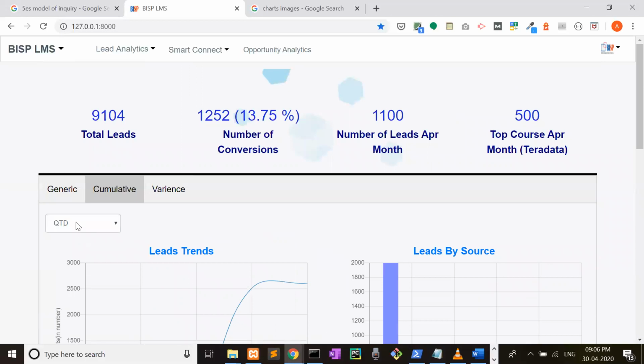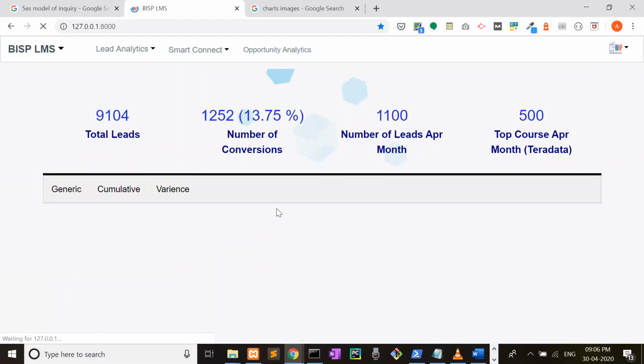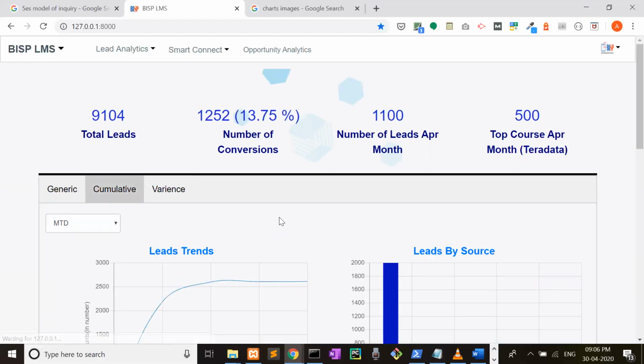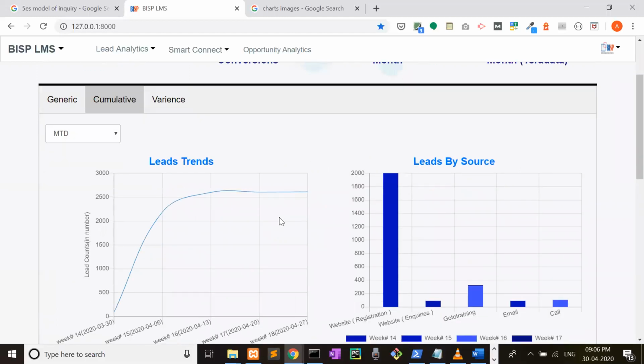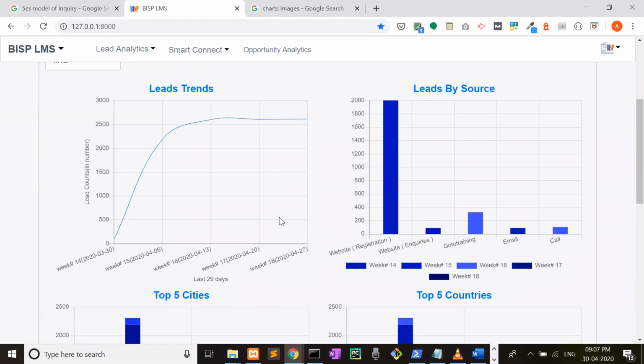Now let's come to the MTD. Month to date, that means 1st of April till yesterday, like this. Again the data will be the same, because if I talk about second quarter or month to date, we are in the first month of second quarter, so the data will be the same.